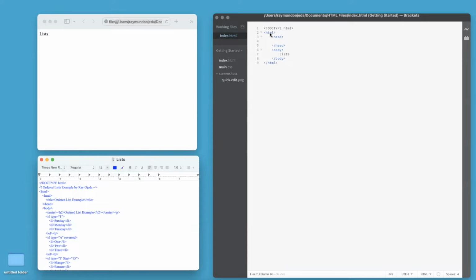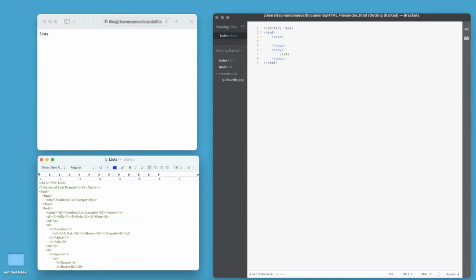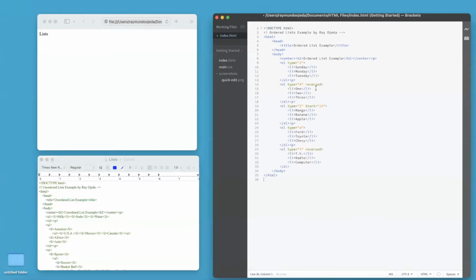So as you can tell, there's nothing here other than HTML head. There's nothing in the head. Body says list, and that's what displays on the Safari page. So the first thing we're going to look at is ordered lists, and I'm going to go ahead and copy this code in the interest of time, of course,